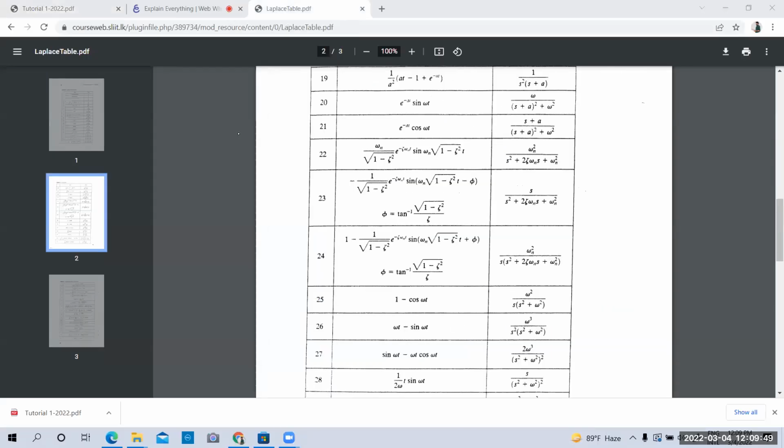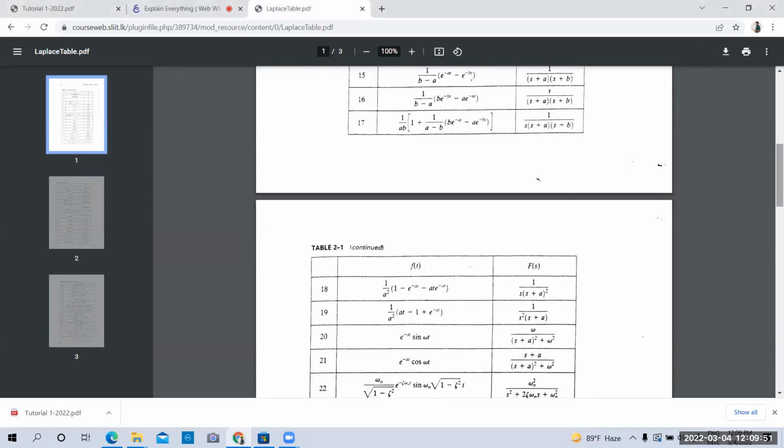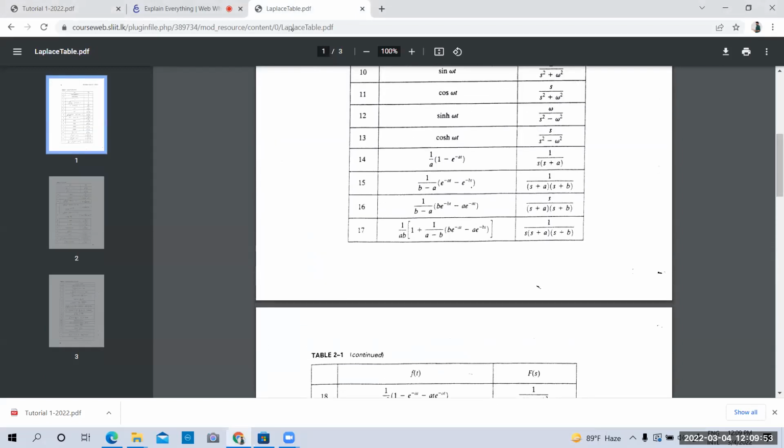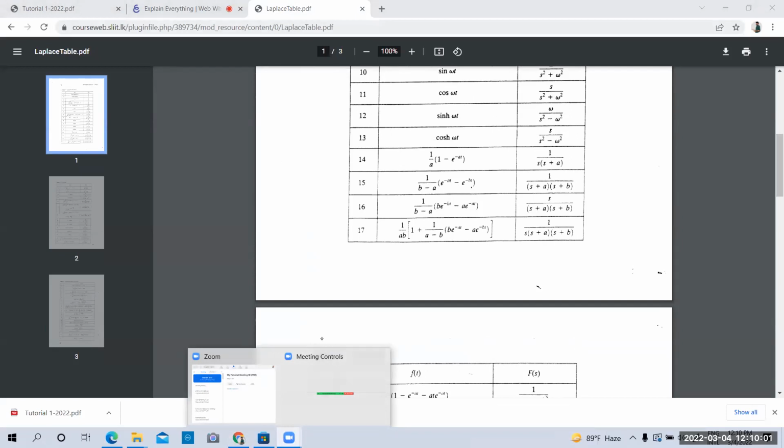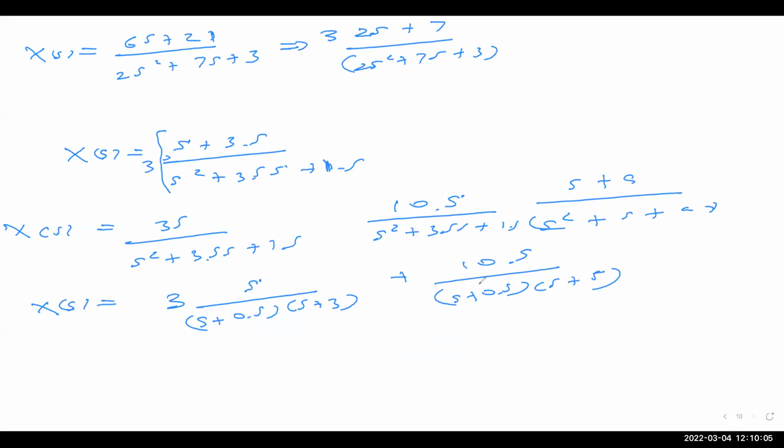Right, so we can go with this format. We can define A and B, and we can go with this, right? So, the screen. And